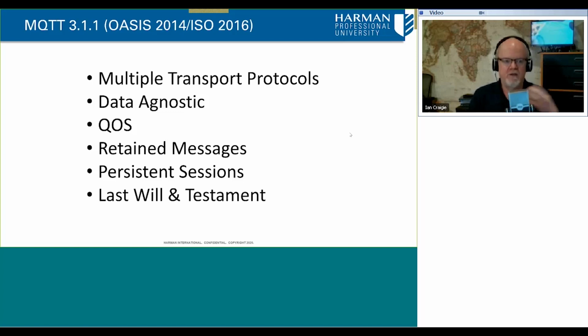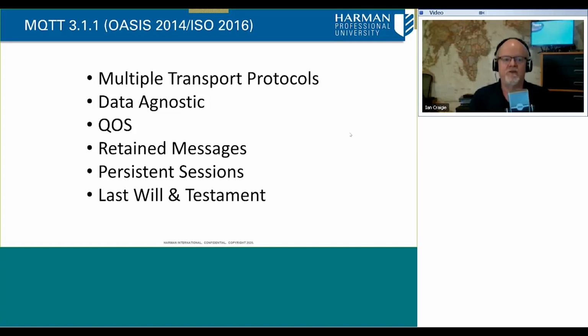Just note that there is additional processing and, of course, incurred latency as these QoS levels increase. The concept of a retained message I find fairly interesting, in that we can leverage the server as a persistent memory repository. We can flag a message to be stored as a retained message at the server. So the broker ends up retaining that last known value that was sent. The benefit there is that any newly subscribed clients will immediately be synchronized and receive the last known good message